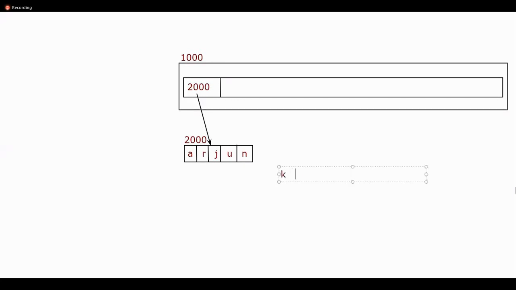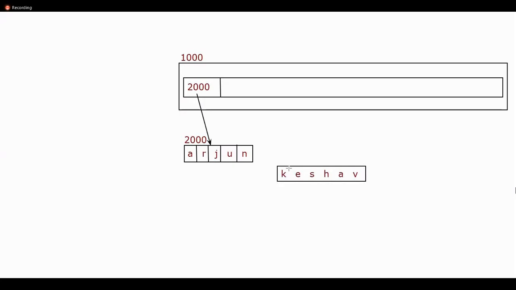That means this is how the data is going to be stored. As you can see, the Keshav string object is in the process of construction.